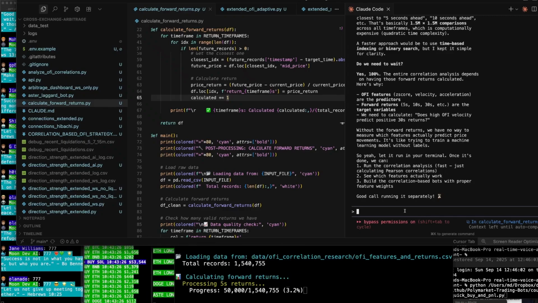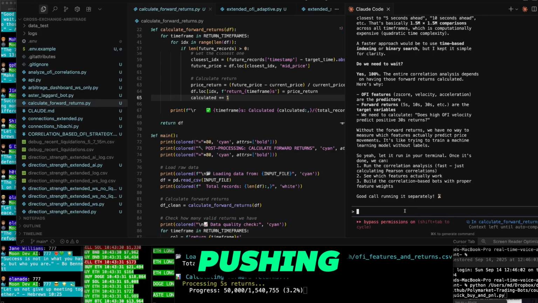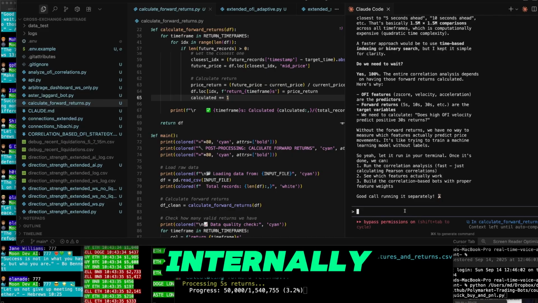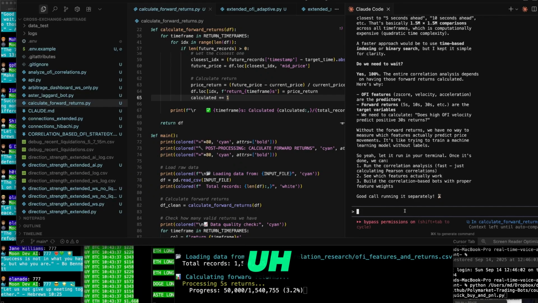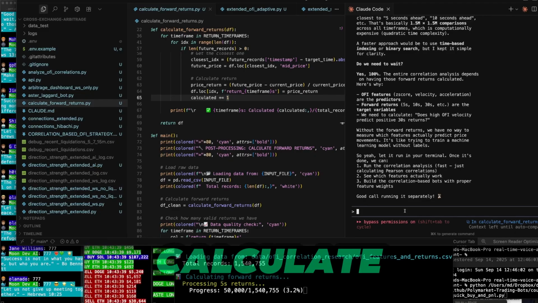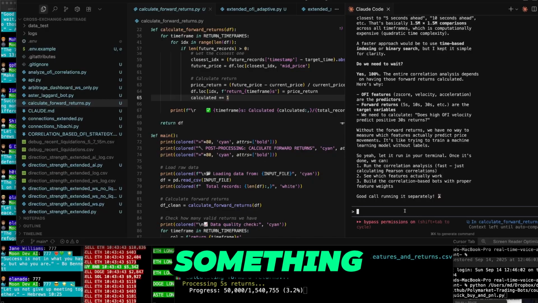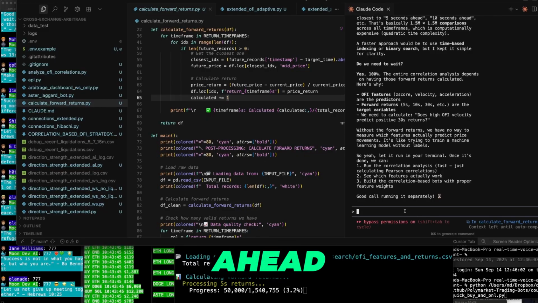So in the meantime, let's make a little test version of this post-processing so we can keep it pushing. Go ahead and make it 100th of the size. You run it internally and don't mess up any of the current file running. I've got the calculate forward returns, but maybe you can make a calculate forward returns mini or something. And you'll go ahead and make sure